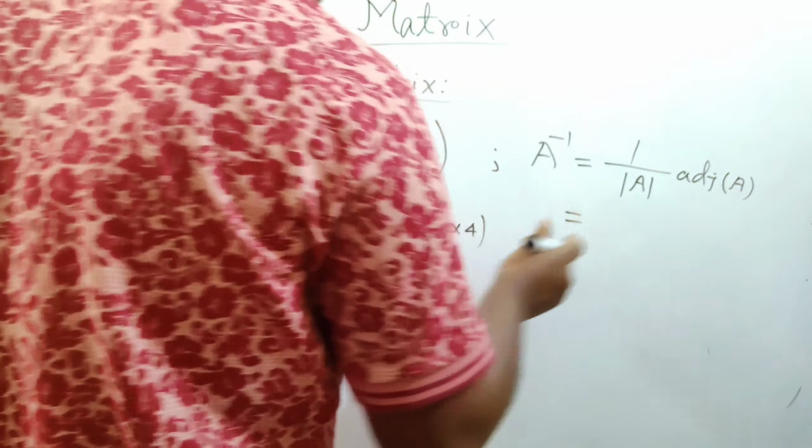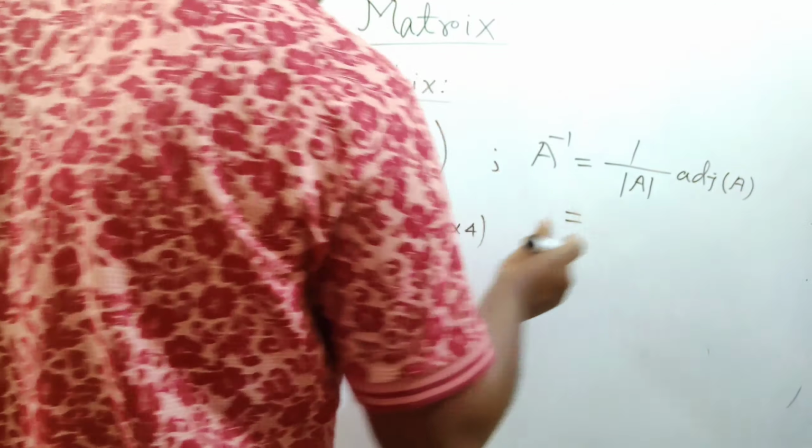So in that way you can easily find the inverse of a 2 by 2 square matrix. Now if you do the multiplication, it should be 7 by 2, negative 3 by 2, negative 4 by 2, that is negative 2, and 2 by 2, that is 1. So this is the inverse of the matrix. I think it will take only 1 to 2 minutes, but if you do the whole procedure, it will take at least 5 minutes. So just keep in mind this trick, then you can easily find the inverse of this matrix.